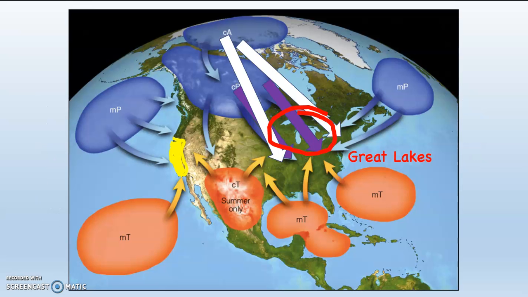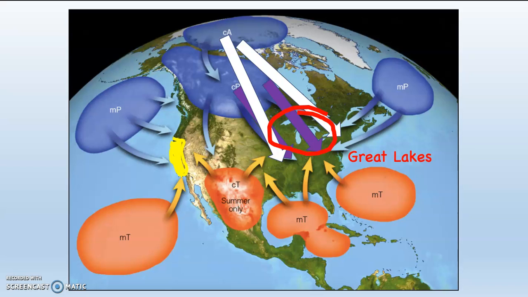Remember this diagram? You can see I circled the Great Lakes, and then notice coming out of Canada, the CP, continental polar, cold, dry air, and the CA, continental Arctic, extremely cold, dry air, moving over the top of the lakes. If the lakes are not frozen, or parts of them are not frozen, and of course the southerly parts tend to be the areas that don't freeze,